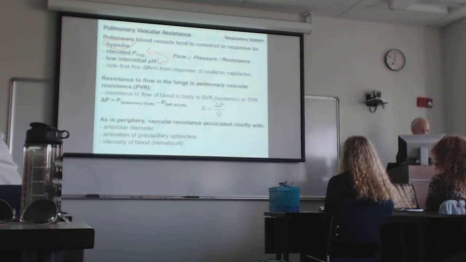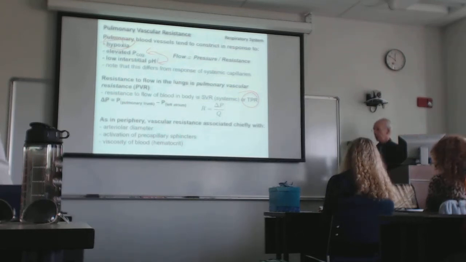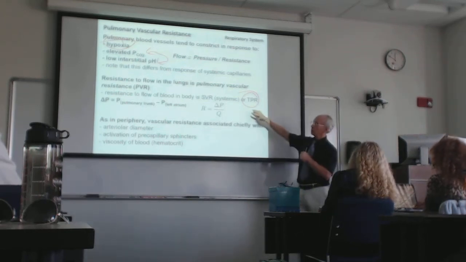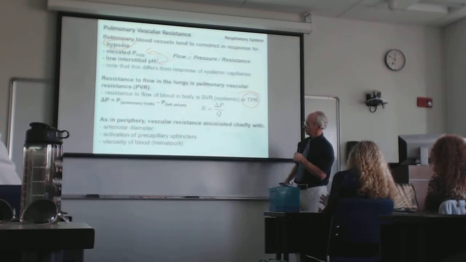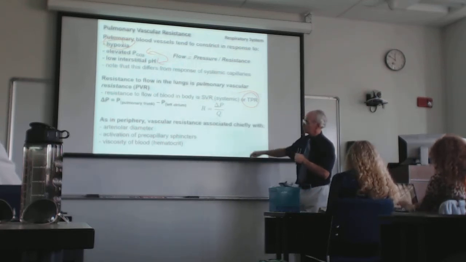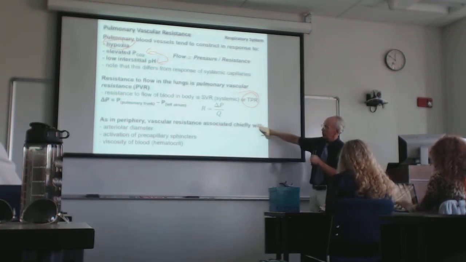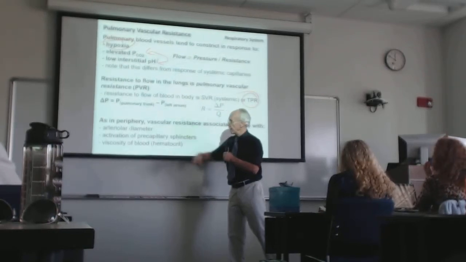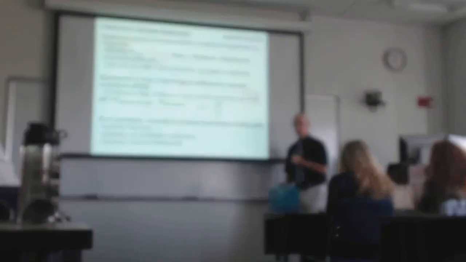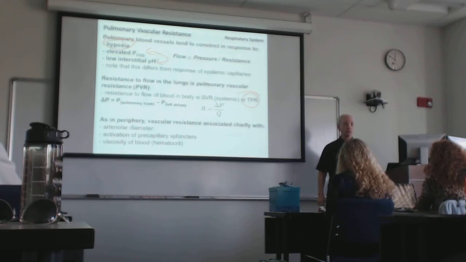There is something called pulmonary vascular resistance that's similar to total peripheral resistance we talked about before, but for reasons that if we have time we'll talk about, the pressure gradient in the pulmonary circuit is much, much lower. So PVR is, in absolute terms, much, much lower than total peripheral resistance. And then these principles are all the same down here. With respect to pulmonary capillaries, vascular resistance is going to be a function of the size of the vessel, right? The diameter of the vessel. We talked about Poiseuille's law. Everybody remember Poiseuille's law? Radius to the